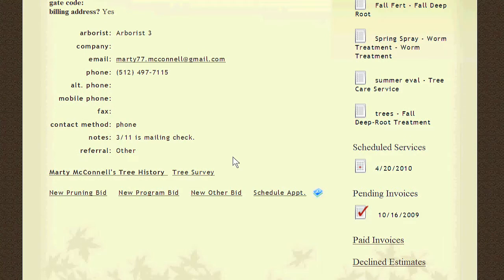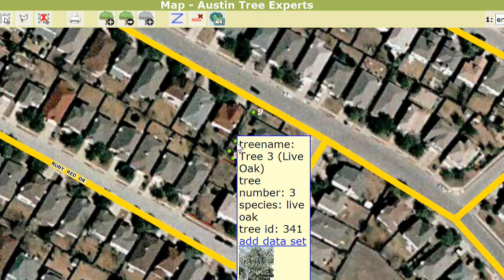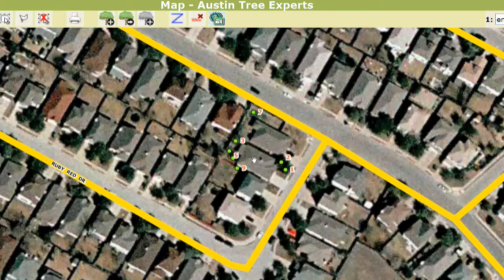So one of the things I wanted to show you on this side is this tree survey. This is basically what we've got going. This is our new version. It's a true custom GIS application that runs over the web. And so basically the way this works is you mouse over an individual tree and it pops up that tree's